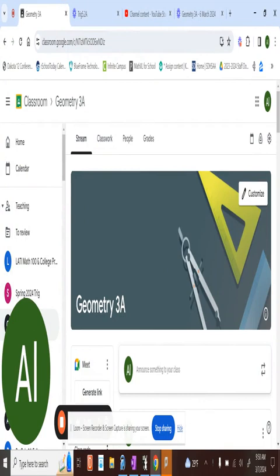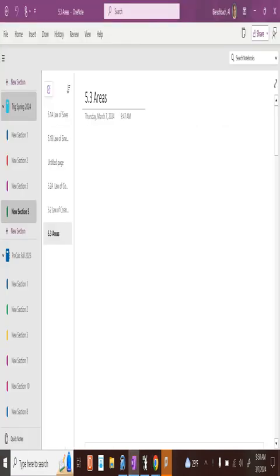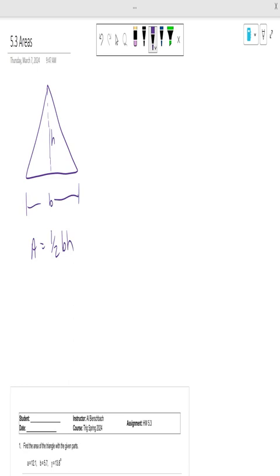All right, today we're going to talk about areas of triangles. So, back in the day in geometry, when you found the area of a triangle, you had the height, and then you had the base, and the area equals 1/2 the base times the height. Easy peasy lemon squeezy, right? Okay. Well, here in trig, if we don't know the height,